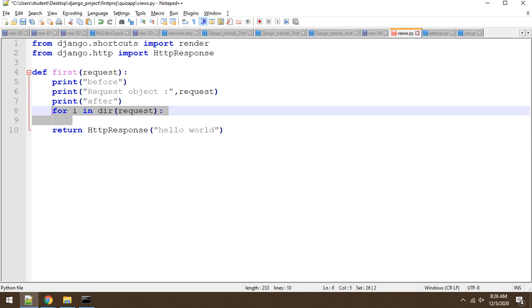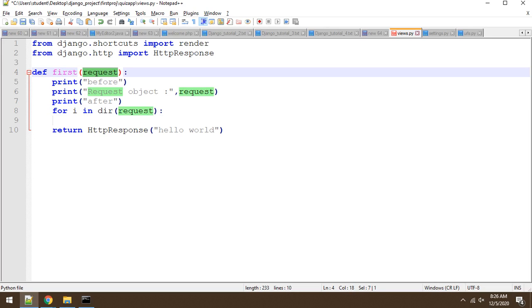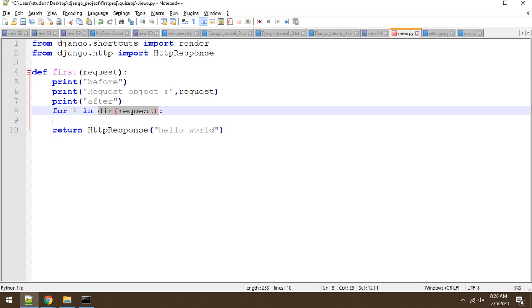So for i, it's nothing but a for loop. So for i in dir of request. So dir of request क्या करेगा? dir function actually returns the bulk of function or list of functions. So मान लो ये रिक्वेस्ट के अंदर मेरे पास 10 फंक्शन है, तो 10 फंक्शन के नाम यहाँ आ जाए।